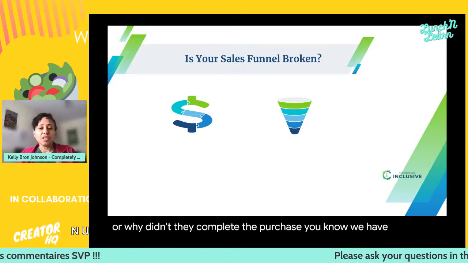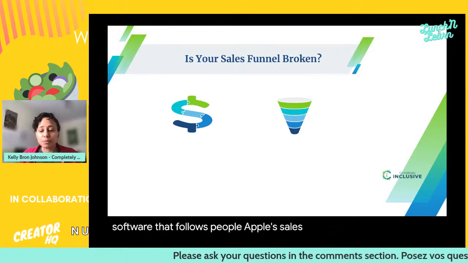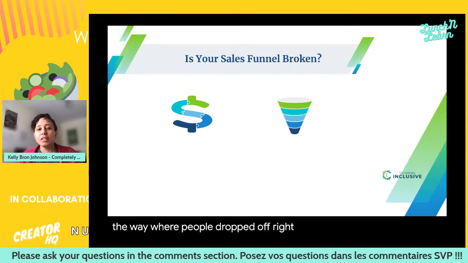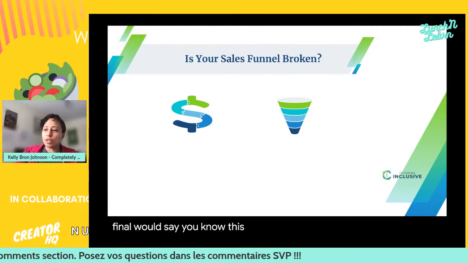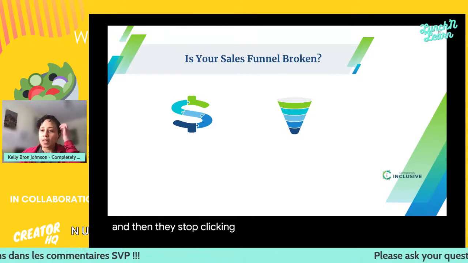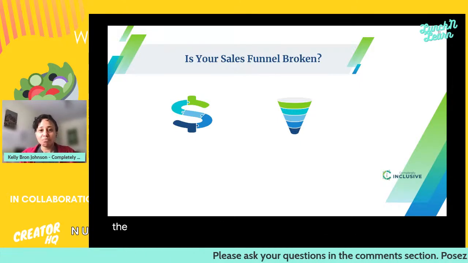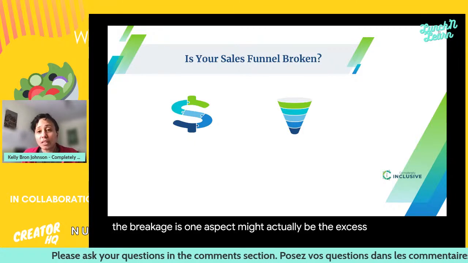We have tons of software that follows people's sales journey, and we can see along the way where people dropped off, right? Even in your email funnel, let's say this email worked, people clicked on this part, and then they stopped clicking. So when we're trying to understand where the breakage is, one aspect might actually be the accessibility,